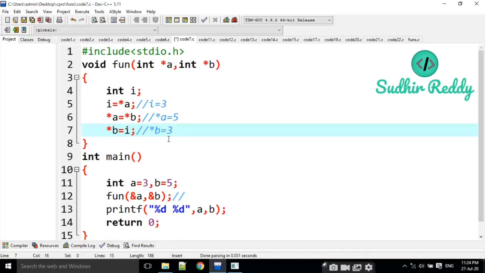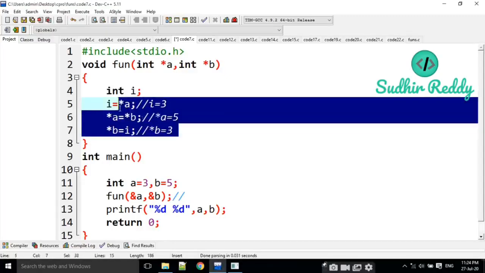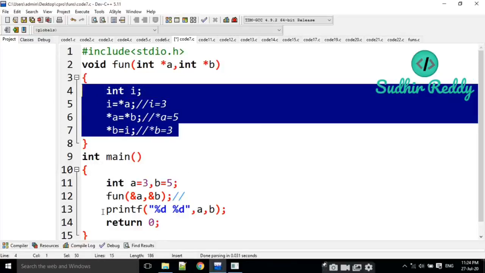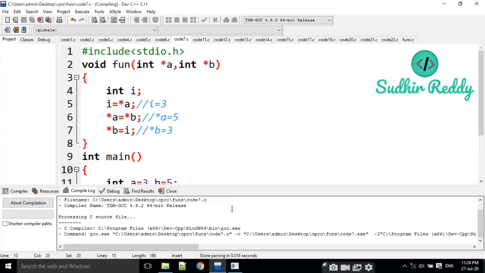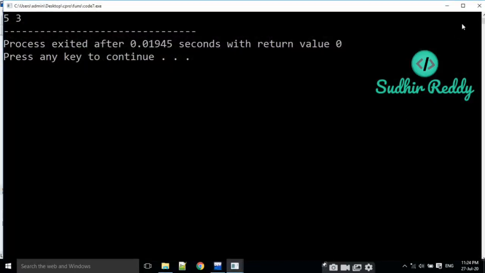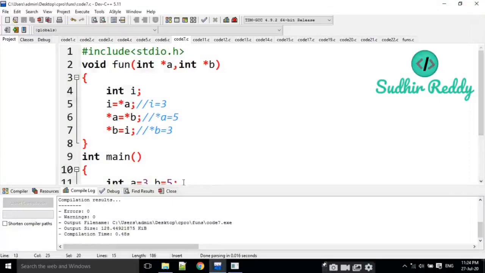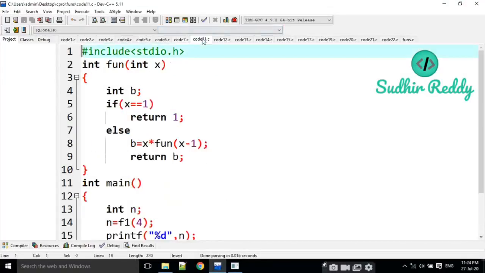Okay, this is swapping of 2 numbers. Here I am not writing anything, but using the pointers I am going to swap these 2 numbers. What I modified in this function definition is applied here also, because I am dealing with pointers here. Now A and B values are interchanged and the values become 5 and 3. Next question.